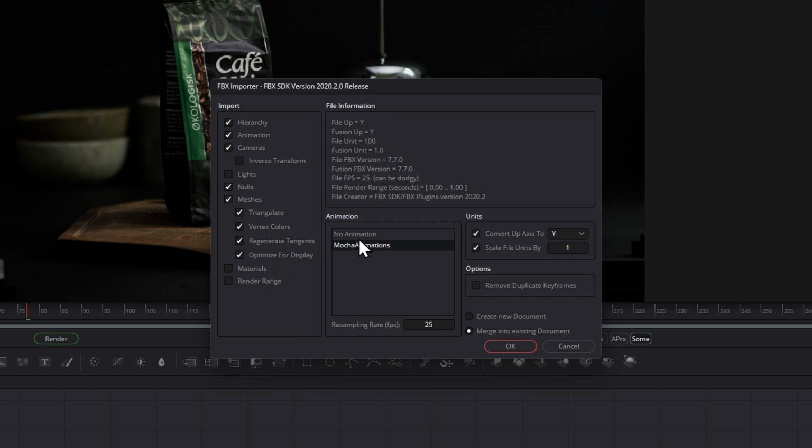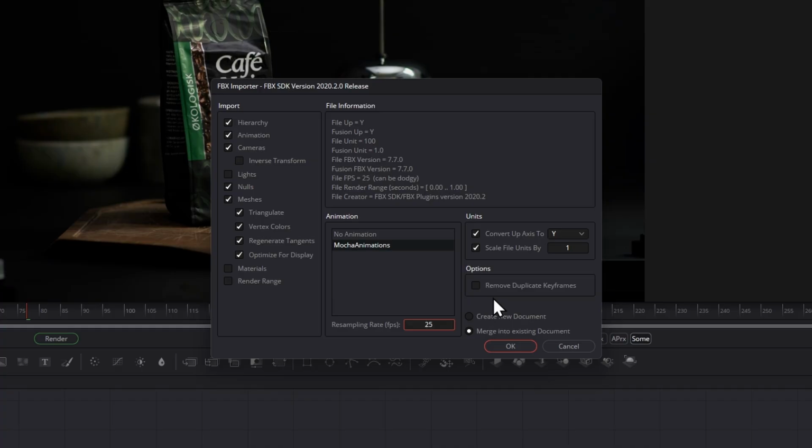As we move through, an important thing to do is to make sure we bring in the Mocha animations, and very importantly, we have to make sure that our resampling rate matches the frame rate of the project. So this is 25 frames a second, which matches our file FPS, which is good. And the final thing, which is available in Fusion 19 or above, is to make sure that we turn off